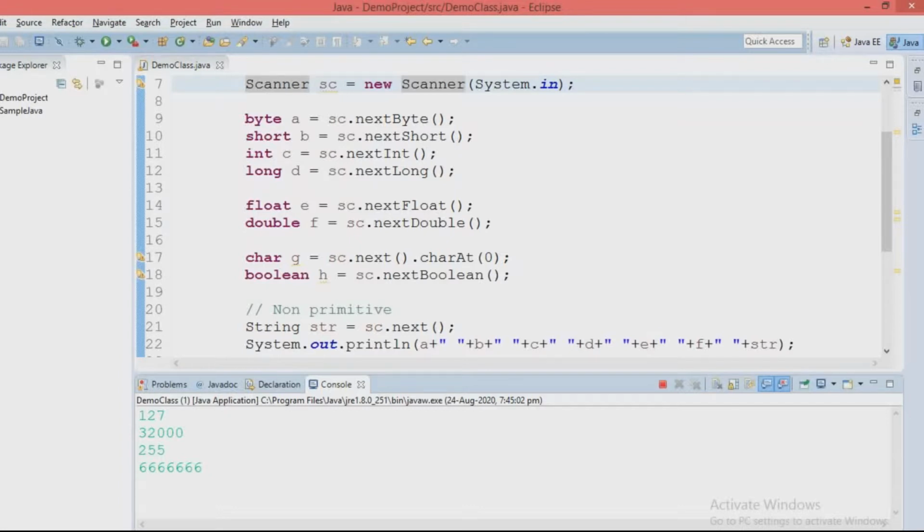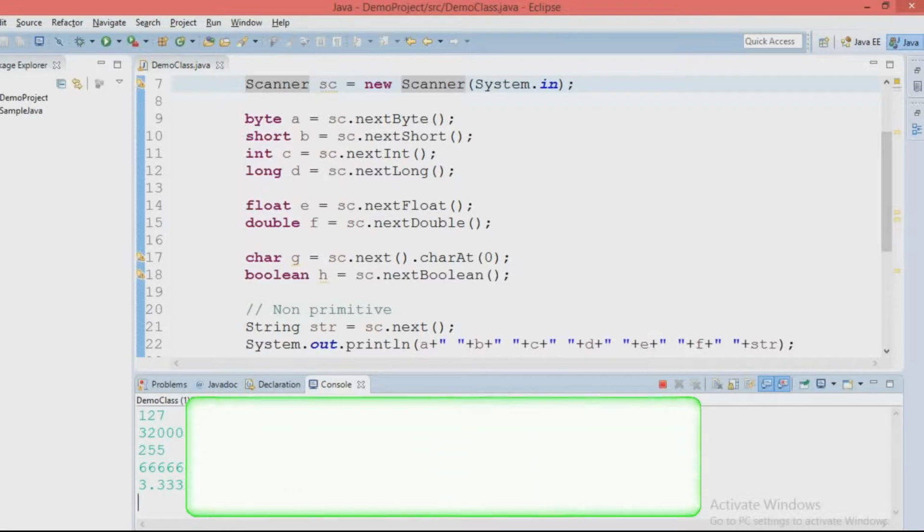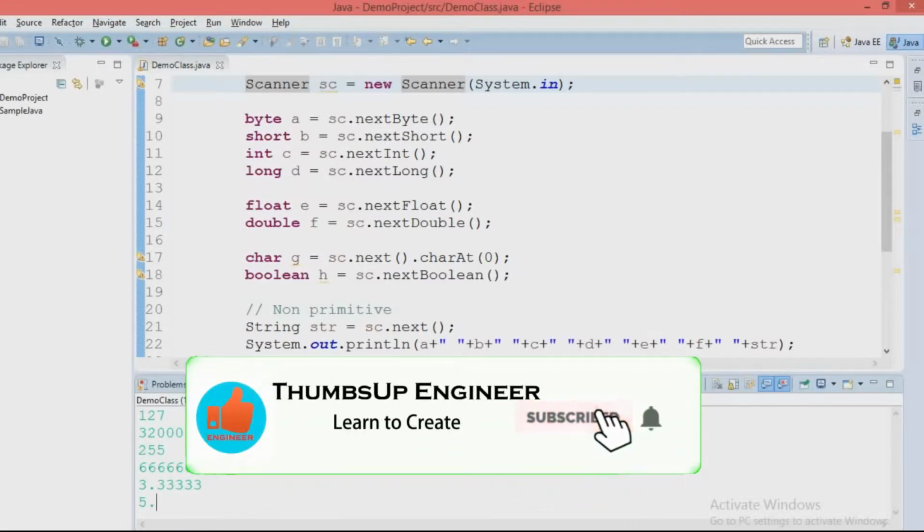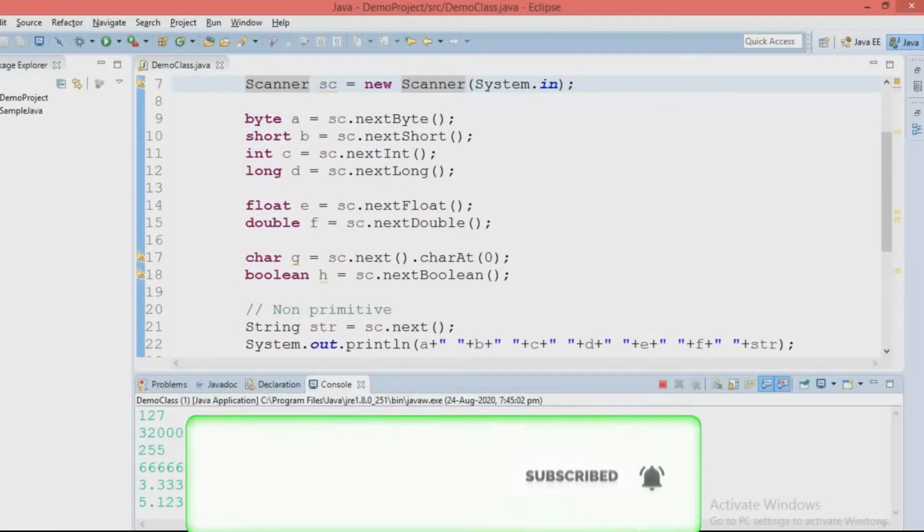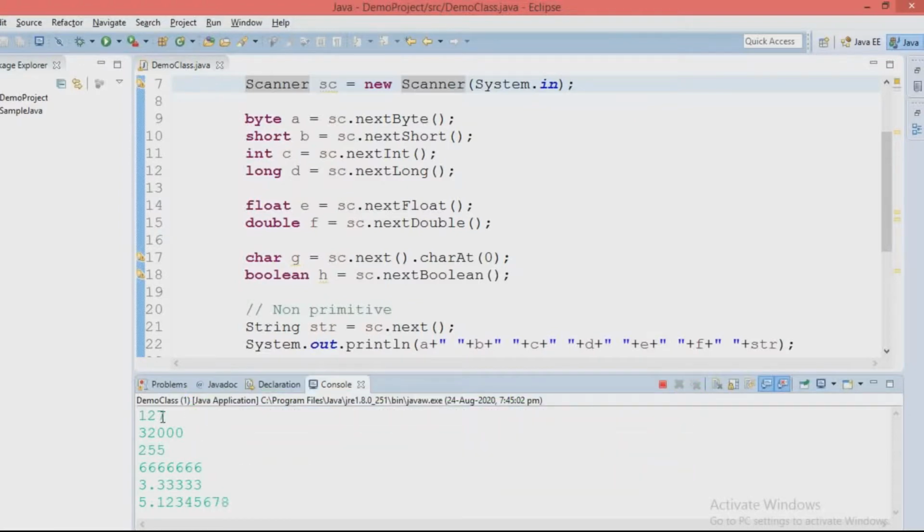For float I am giving 3.3. For double I am giving 5.1. For char I am giving a. For boolean I am giving true. For string I am giving